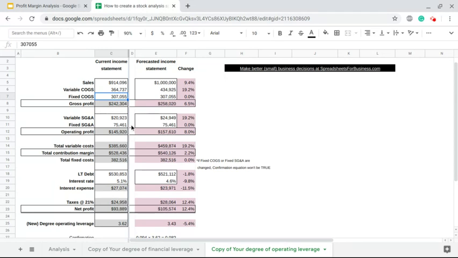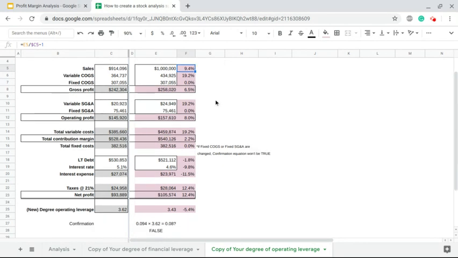So a lot of fixed costs. Keep that in mind too. So it's a 3.62 degree of operating leverage. That's pretty high. So by bumping up sales, all other things being equal, can't emphasize that enough, by increasing sales by 9.4%,